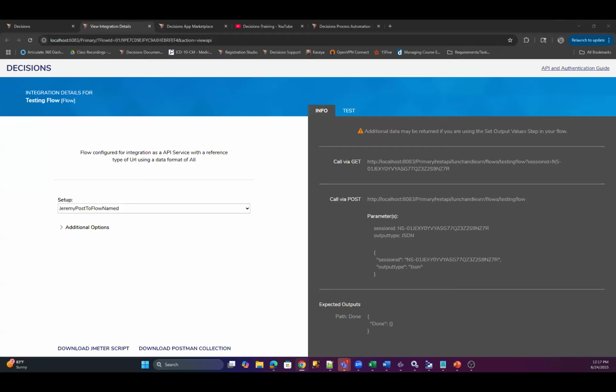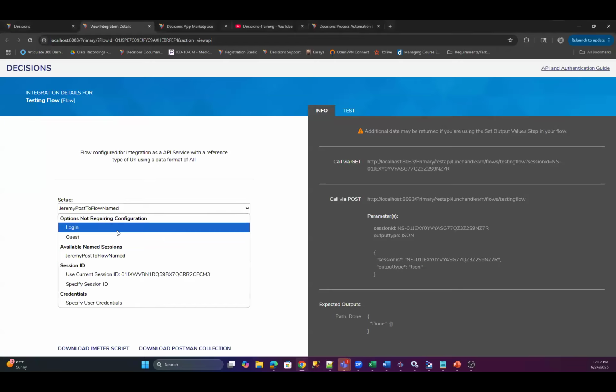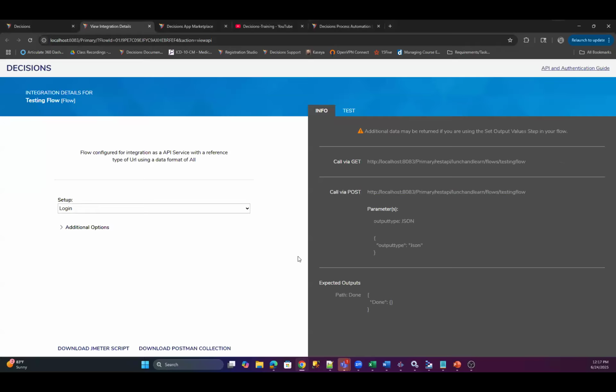If you set up that as login, then we create some kind of integration user and grant the project access to that integration user. Is that how it works? Or